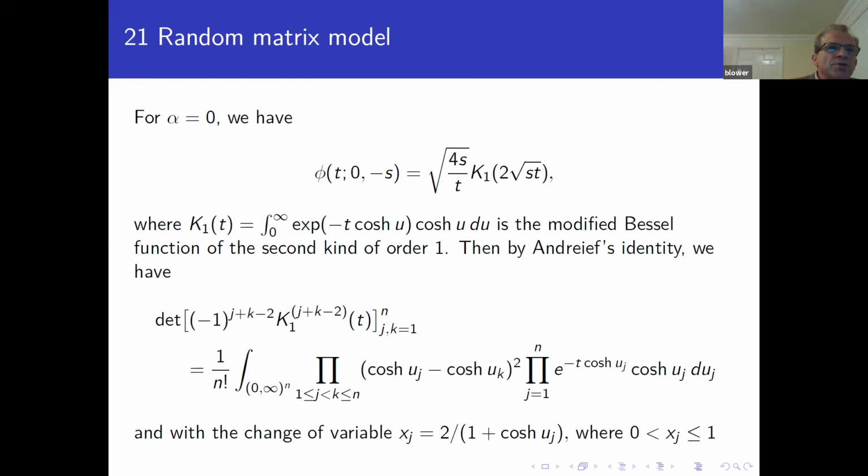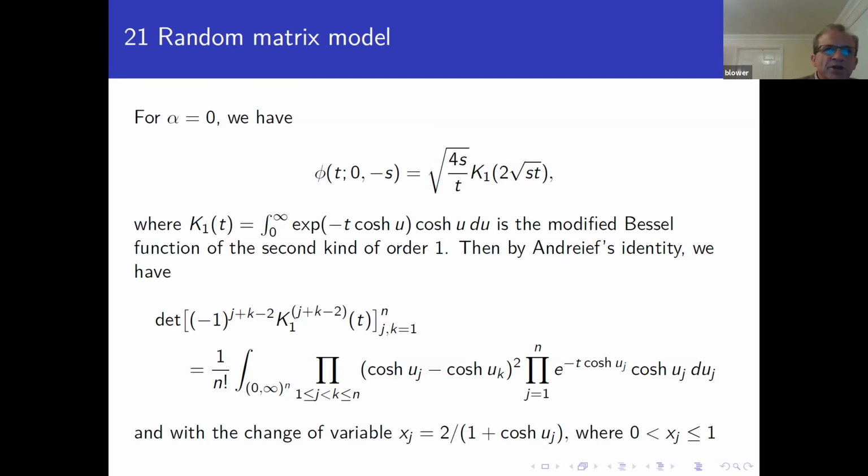Now, you can build from that a kind of Hankel matrix from the derivatives of your modified Bessel function with respect to t. So I'm going to take this j plus k, which is going to give me the Hankel style of matrix, and then we can form a determinant. I've got to put in some plus or minus signs, but then we can express this as a multiple integral.